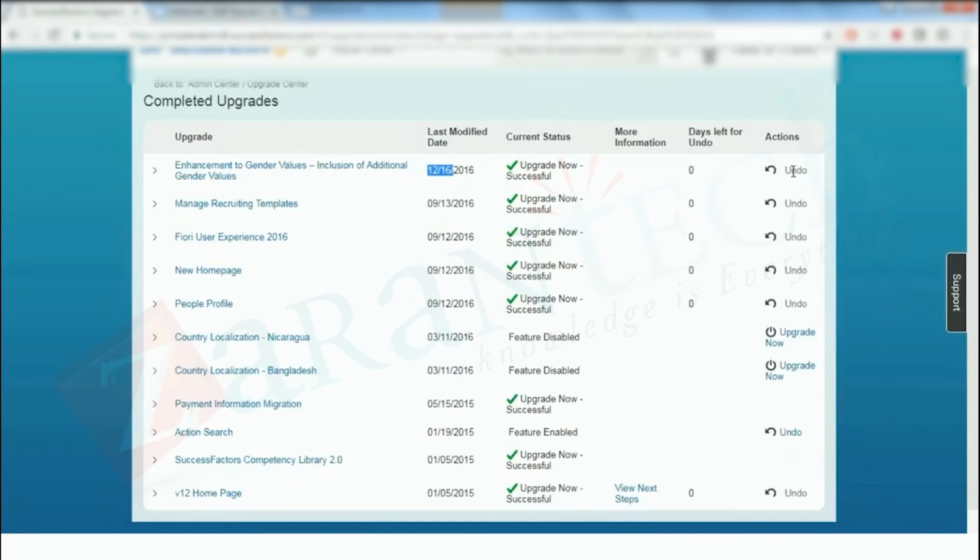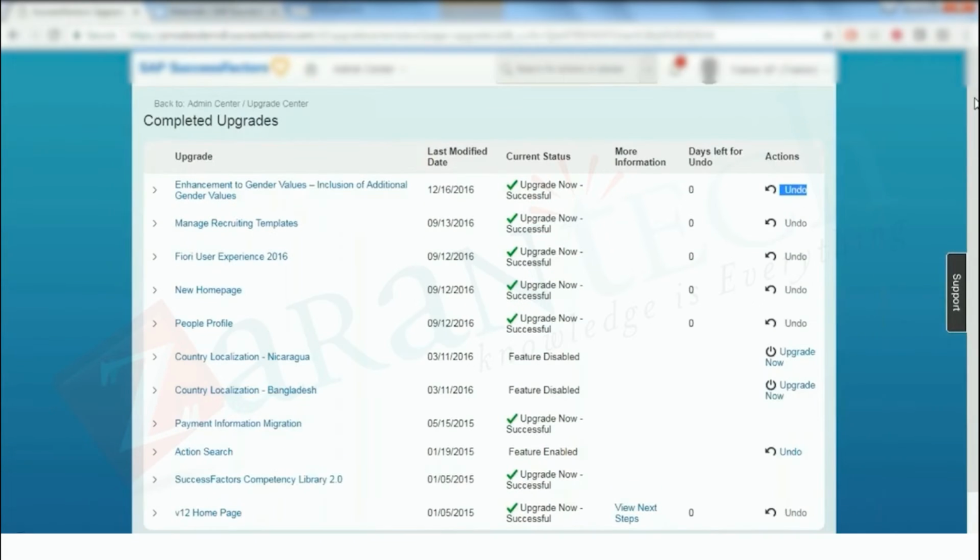But definitely it's only 30 days, guys. We have to educate the customer that they have to take care of this undoing within a maximum of 30 days. After that, you cannot get the changes back. The basic thing here, whenever we click on that upgrade button, the change that happens to the system is, in